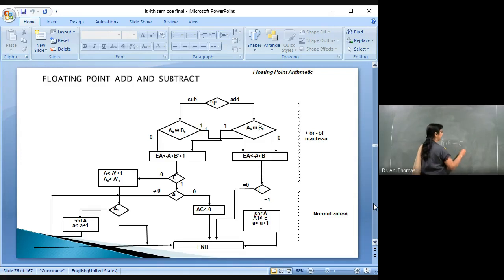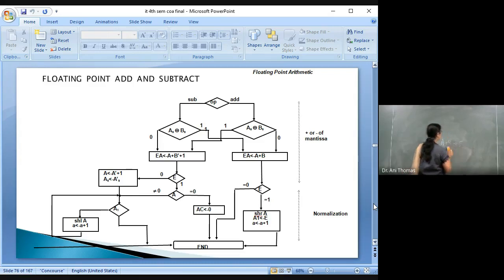Whatever value is there in A, and E is having one value. If there is an overflow, meaning in the case of binary we will have a 1 in E. If there is an overflow in the case of addition, we have to keep that overflow. So what we have to do with the result is normalize the result after the addition operation. So this E has to be recorded.